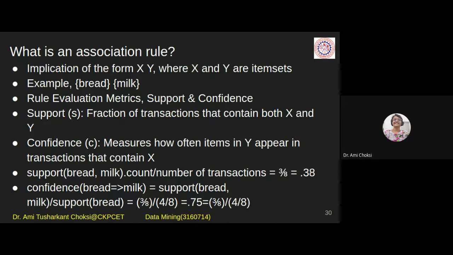Before the first item, that means if we are having, say, A comma B implies C, then first item, madam said, means take only A. No, not like that. Before the implication sign, whatever things are there, that count we need to consider as the denominator. Okay. So here we can say it is 3 by 4 and that is equal to 0.71.